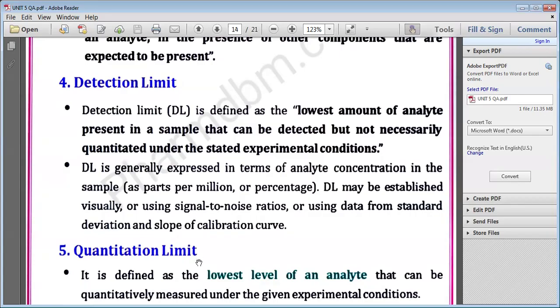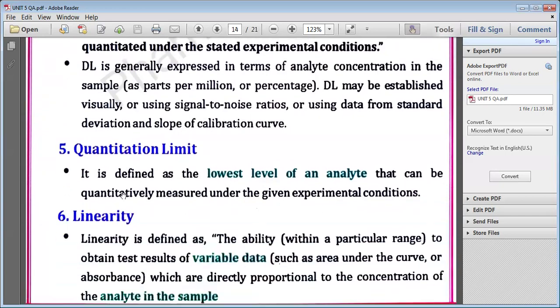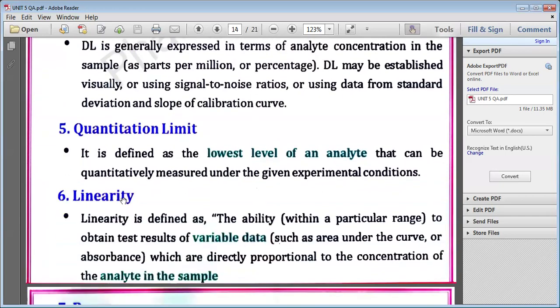And coming to the quantification limits, limit of quantification. This is about limit of detection and this is about the limit of quantification. It is defined as the lowest level of an analyte that can be quantitatively measured under the given experimental conditions. Coming to the linearity,